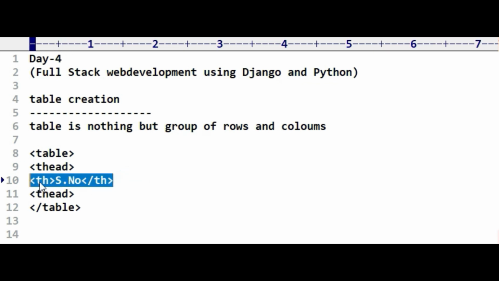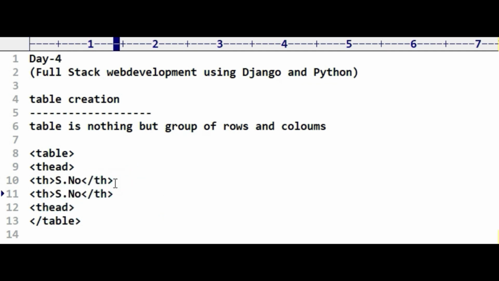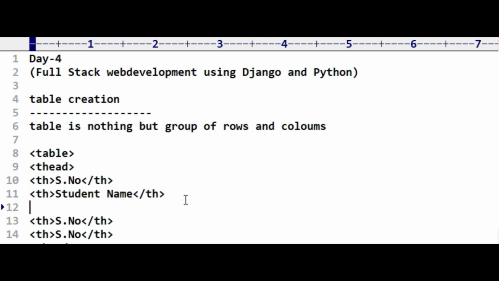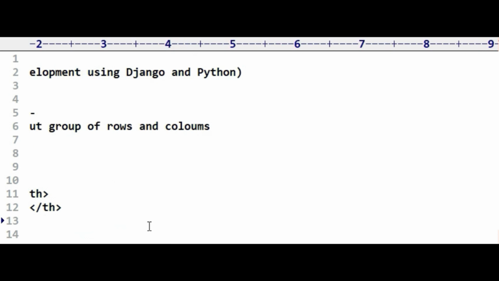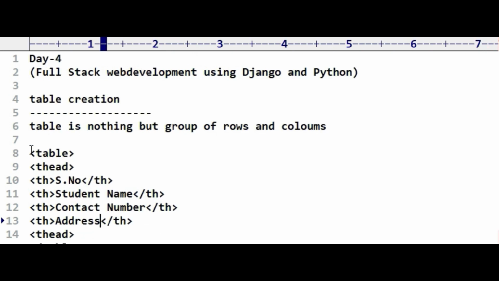The first head in the column is the serial number. Total 4 entries are there: serial number and student name. You can see here contact number, then address. So here we will see.